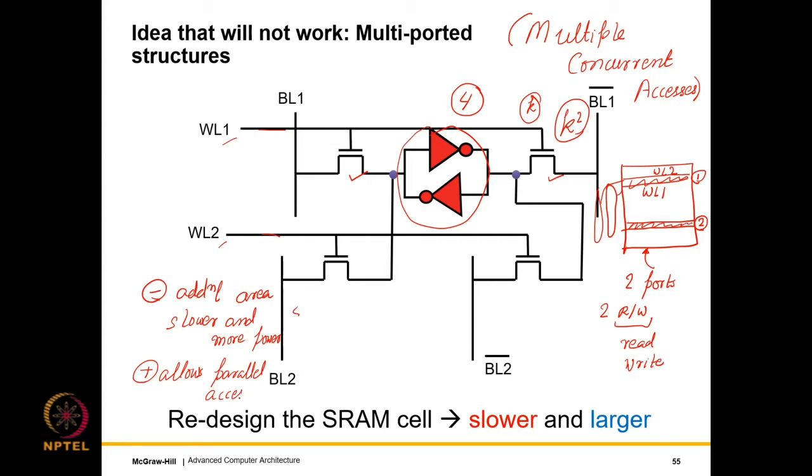That's the big positive over here, that it does allow parallel accesses. So this can be used to increase our IPC, because let's say that 1 in 3 instructions is a memory instruction and we are issuing 6 instructions per cycle. We expect to have 2 memory instructions. In that case, our IPC will undoubtedly increase.